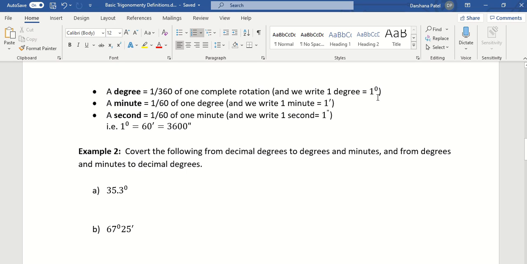Now, you know how for distance we have different units, like kilometer is a large unit, meter is a bit smaller unit, then centimeter is a smaller unit, millimeter is an even smaller unit. Similarly, for angle measure, we can measure in a smaller unit than a degree, which is a minute. It's 1 out of 60th part of 1 degree. And then an even smaller unit will be the second. A second is 1 out of 60th part of 1 minute. The minute we write as 1 with a single dash, and the second we write with 1 and a double dash, kind of like feet and inches symbols. So 1 degree is equivalent to 60 minutes is equivalent to 3600 seconds.